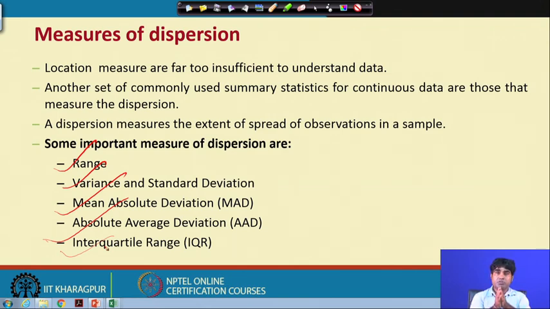What I pointed out in the last lectures, in unit 2, is that in a particular series, the variance or standard deviation may come out as 0. Standard deviation is the square root of variance, so squaring the standard deviation again gives you the variance. Whatever the size of the data, just go to the Excel sheet, ask for the variance or standard deviation, and check the value of the standard deviation and the value of the variance.